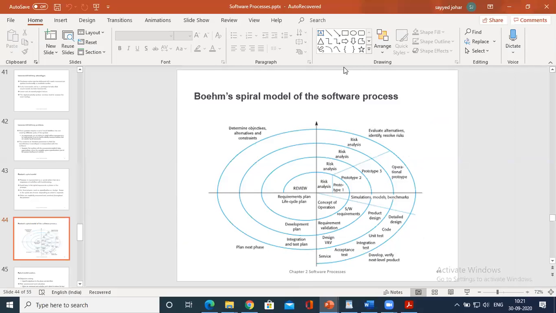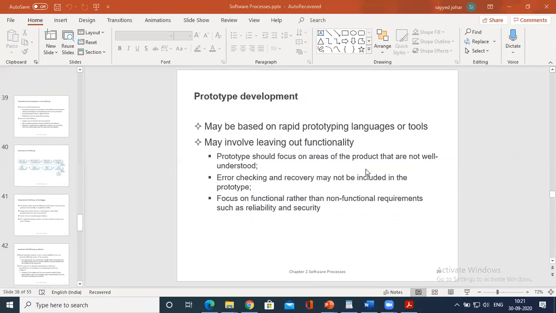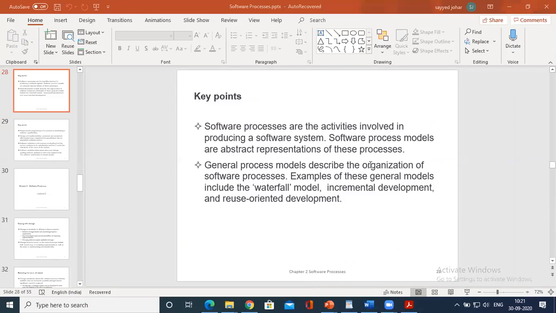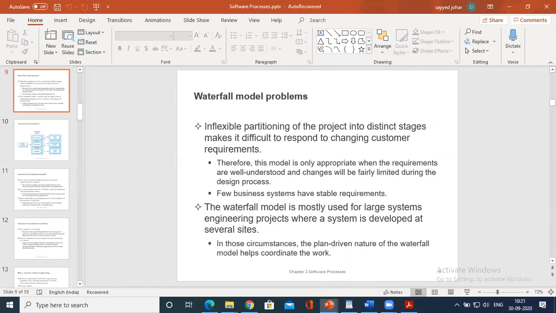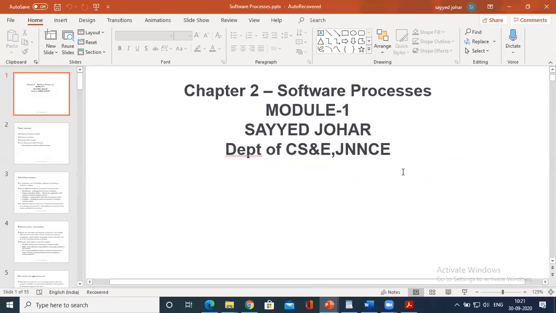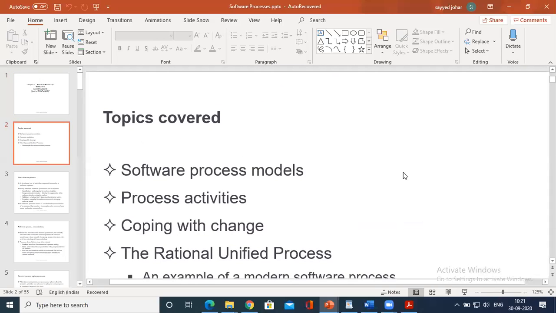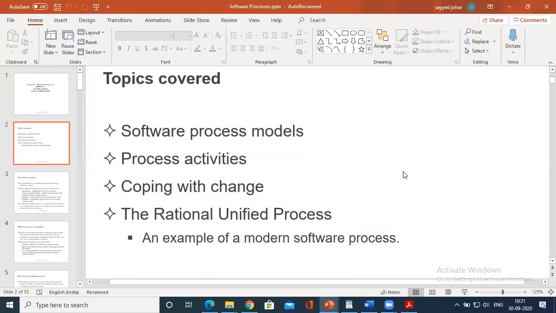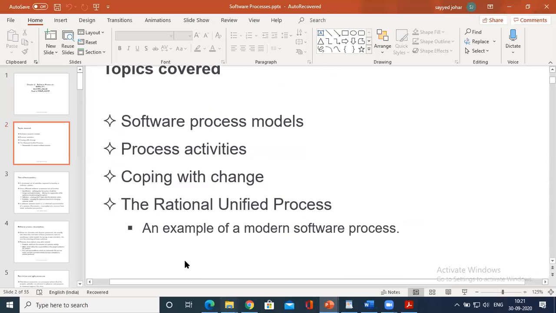So last class we have seen a requirement engineering process. So today it is concepts on what are software process activities. So let me go fast. The software process basically consists of a few models.